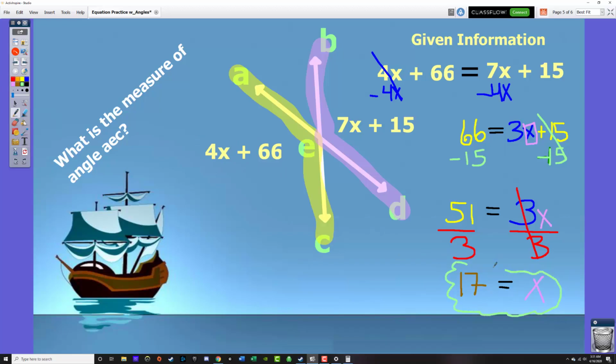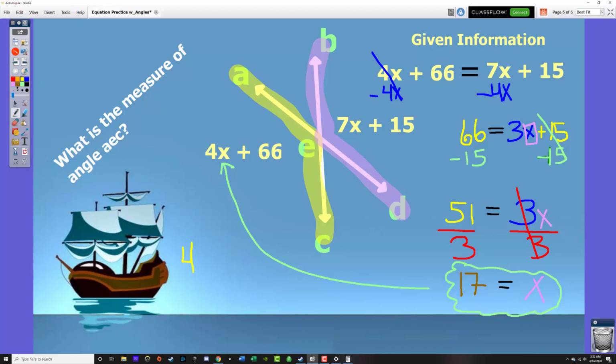Okay, now we know what x is equal to. So we're going to plug it in right here. So if x is equal to 17, that means we now have enough information to figure out the measure of the entire angle. So instead of it being 4 times x plus 66, it's going to be